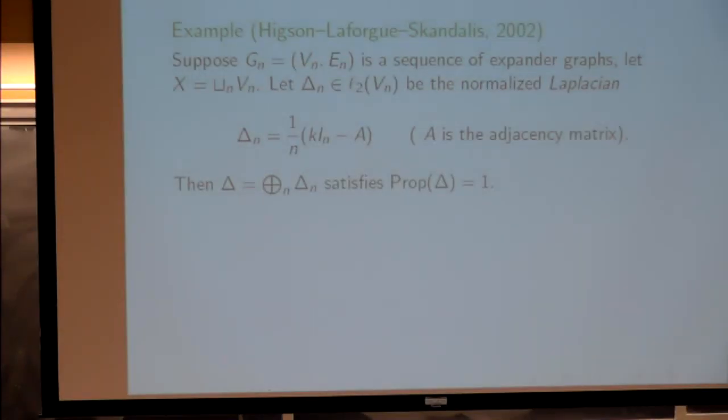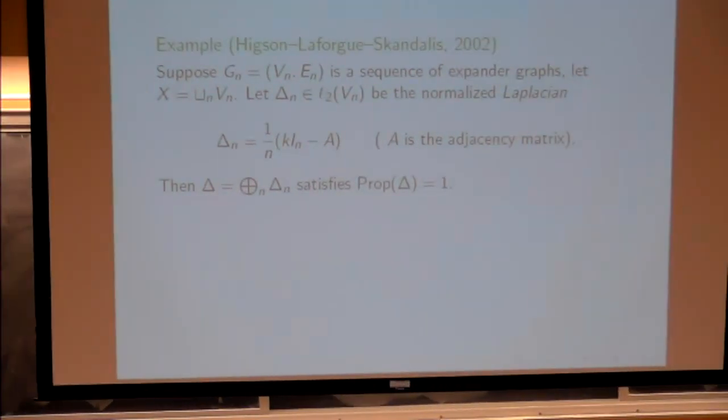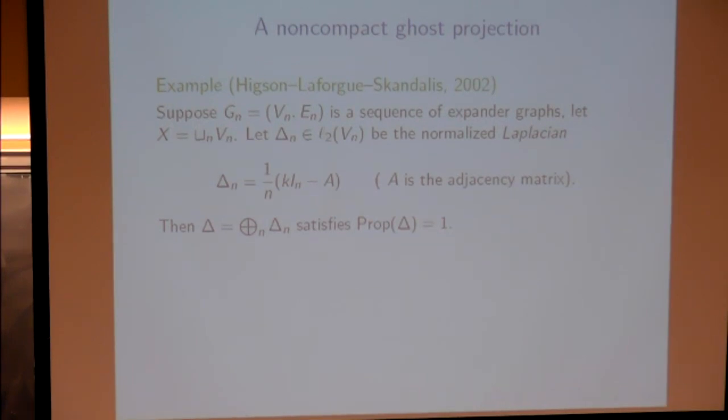Well, this is a coarse counterexample to the Baum-Connes conjecture, and it involves a sequence of so-called expander graphs. Now, the story goes that actually it was in Toronto. Eberhard Kirchberg was giving a talk, and some student asked about some very technical term. I think it was the Kirchberg spectrum or something, and the answer was that every mathematician should know what that is. So I don't know if anybody is going to ask about expander graphs, but since I'm not Kirchberg, I'll have to draw a picture at least. But I do think that everybody should know what it is.